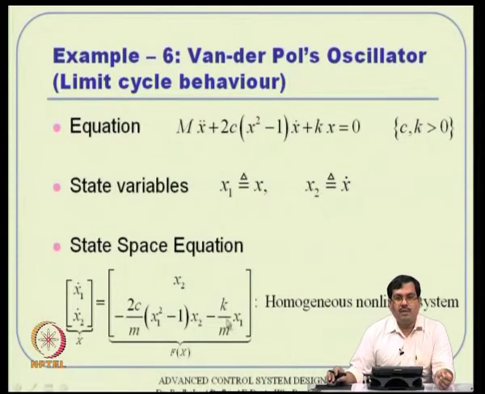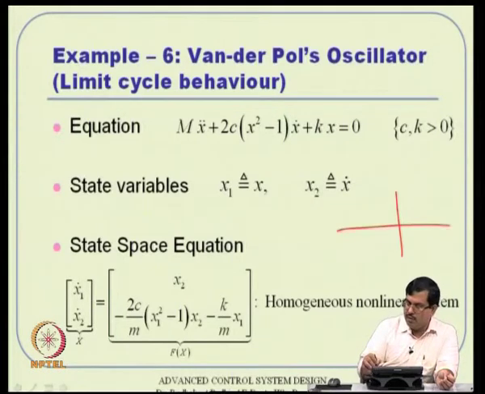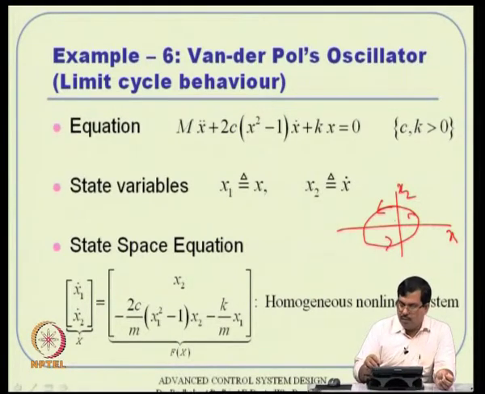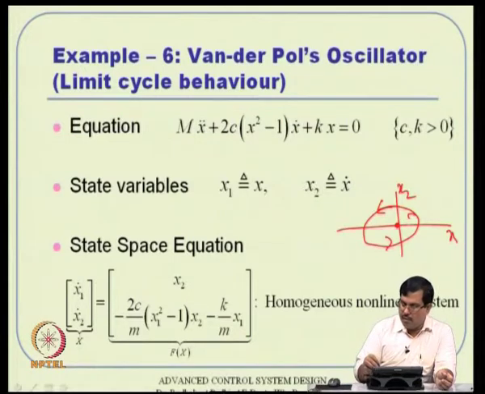For a nonlinear system, you can have multiple equilibrium points in general, and interestingly this one exhibits limit cycle behavior, which is what we discussed in the first equation also. If you plot x1 and x2, it will keep revolving. There is one equilibrium point at the origin, and unfortunately it turns out to be an unstable equilibrium point. If it is on the equilibrium point it will stay, but anything other than that will converge to this limit cycle.